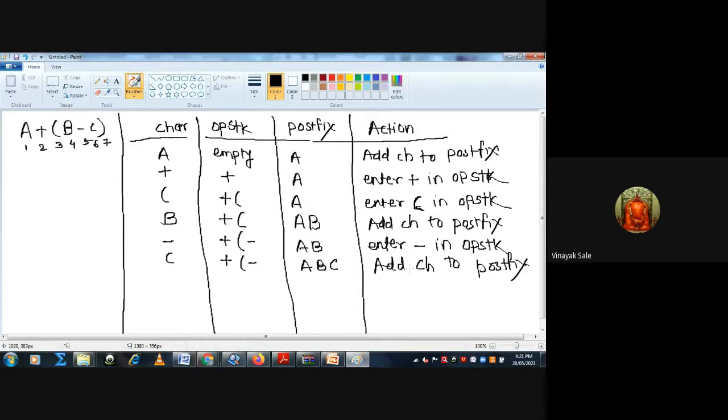Then the next step is the closing bracket.